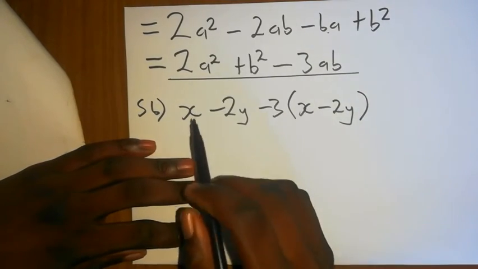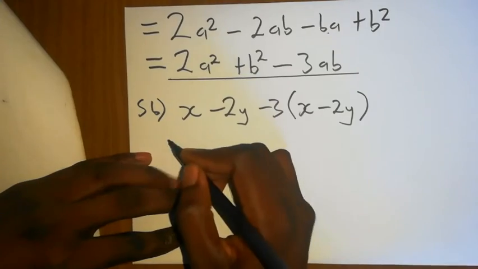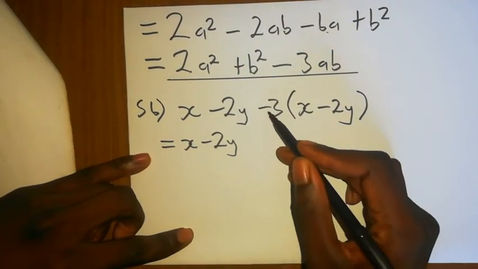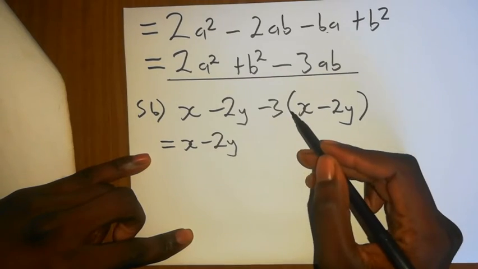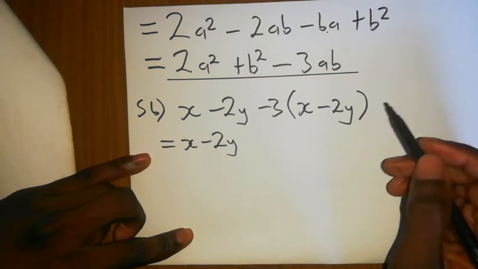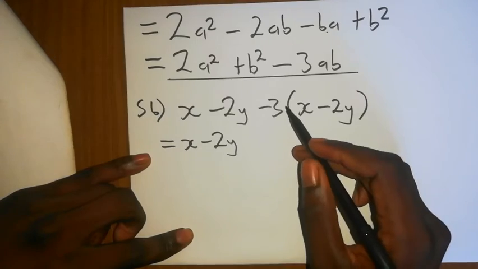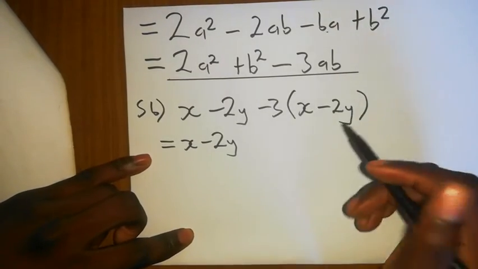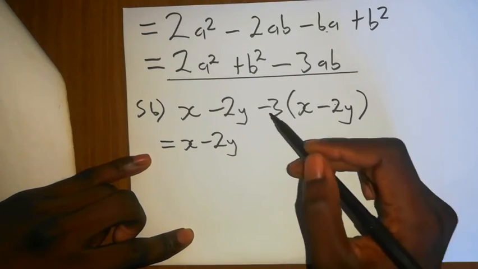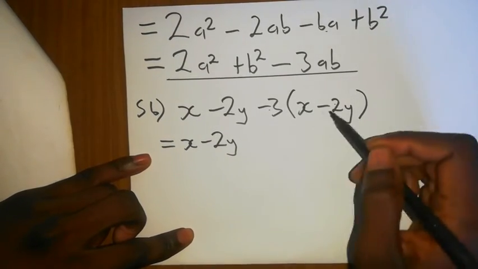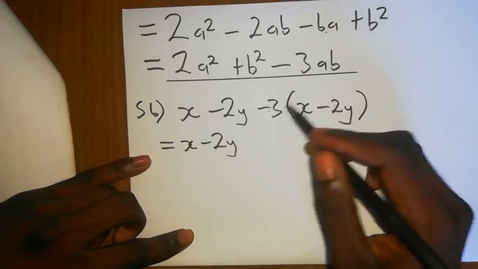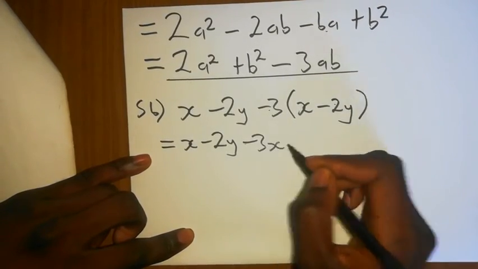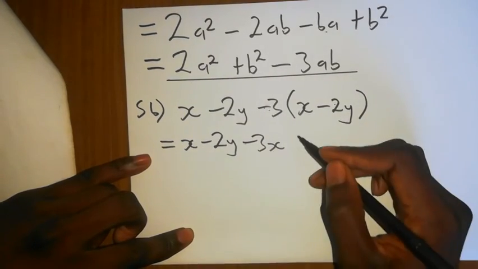So in this case, x minus 2y is not affected, so it's equal to x minus 2y. But this negative 3 is going to multiply that bracket because there is no positive sign or negative sign in between this 3 and the bracket. So what you assume is that these are going together. So I'm going to say minus 3 times x, that's minus 3x,